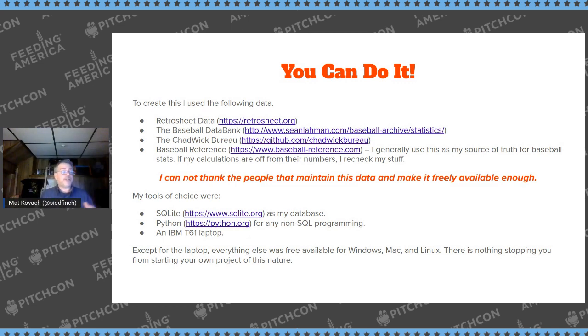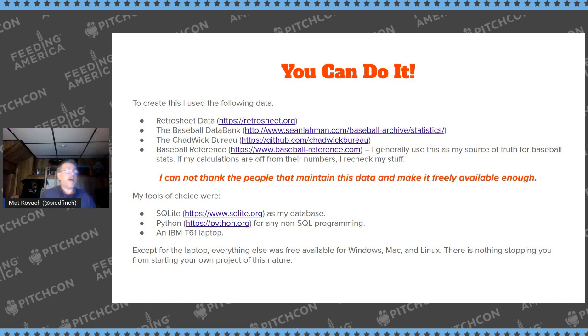I originally started doing this using a lot of the data science modules and a big 32 gig machine. I just wanted to pare this down because I really wanted to make it so other people could do that. So I actually used an old IBM T61 laptop that I bought at a Salvation Army and had to put a new hard drive in.